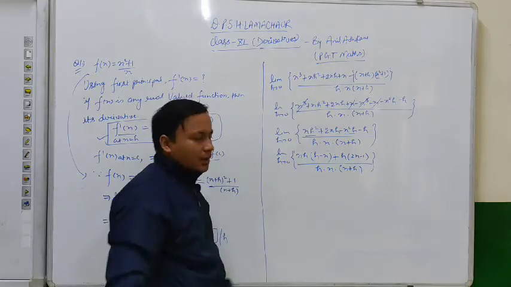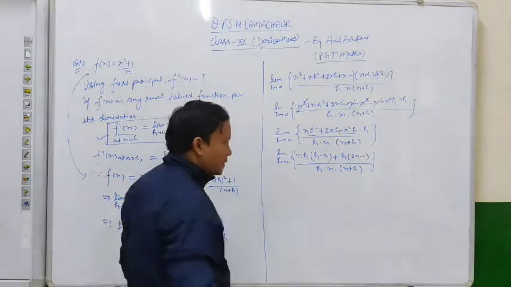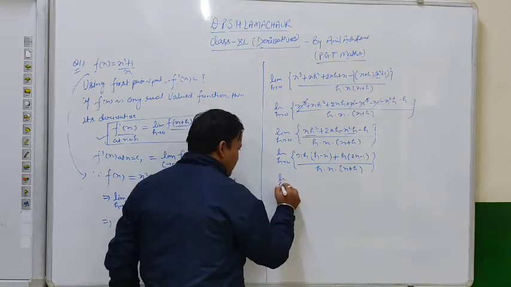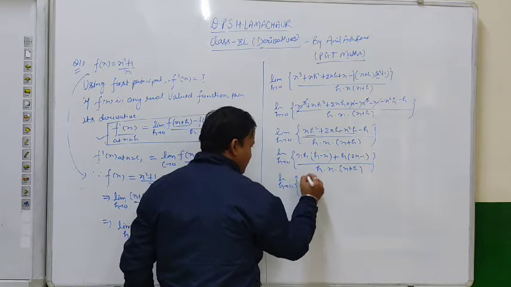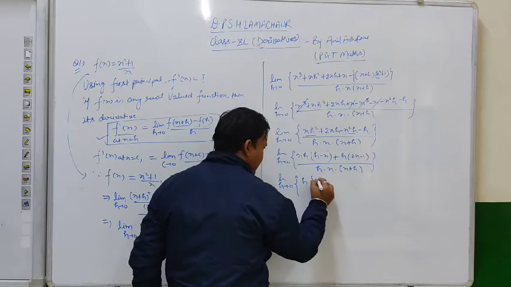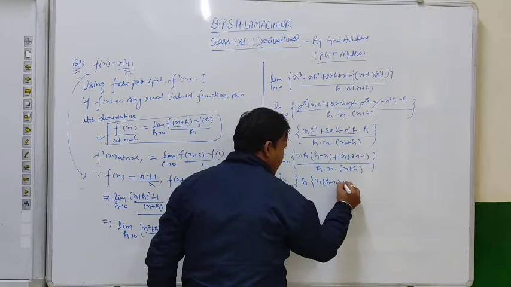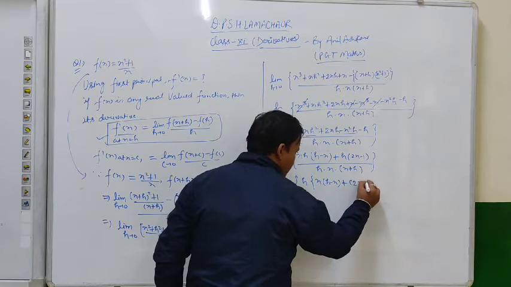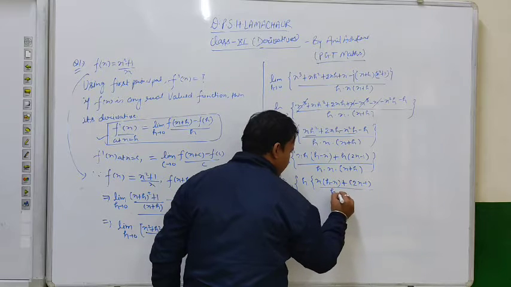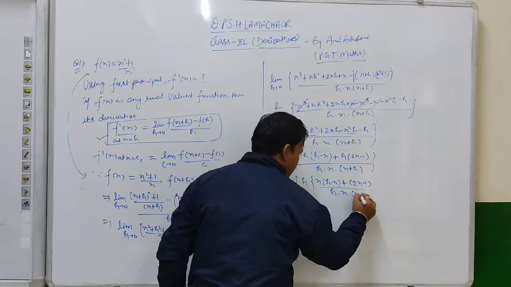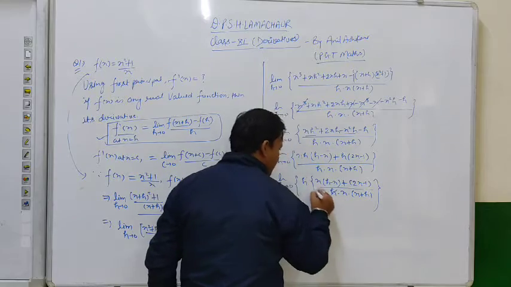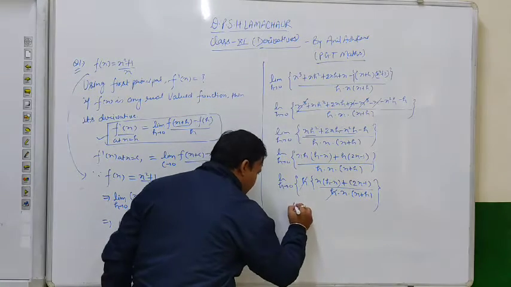Okay. Now taking h common from the numerator. Okay. So limit h tends to 0, taking h common, so we get here x times h minus x, okay, and plus 2x minus 1, divided by h into x plus h. Okay. Now this h will cancel out. Now on applying limit,